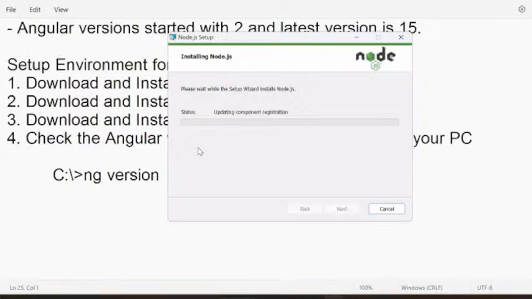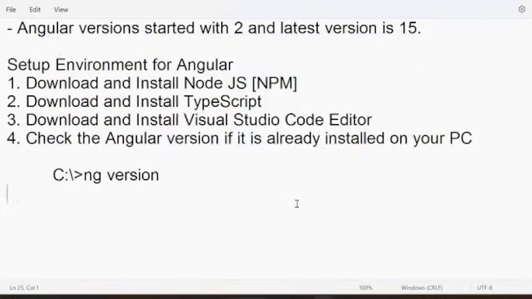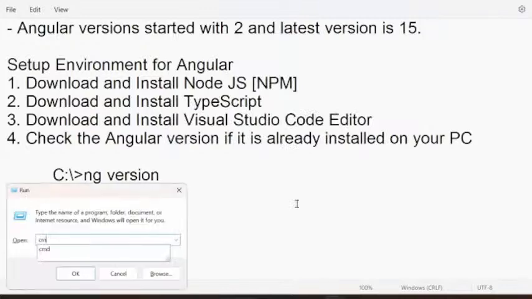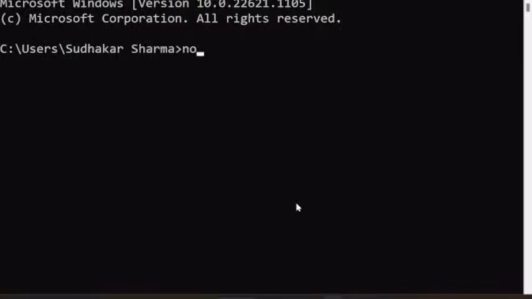After installing, we will check which version of Node.js is installed here. Okay, finished. Let's check the version in the command prompt, node -v. That is the latest version we have.